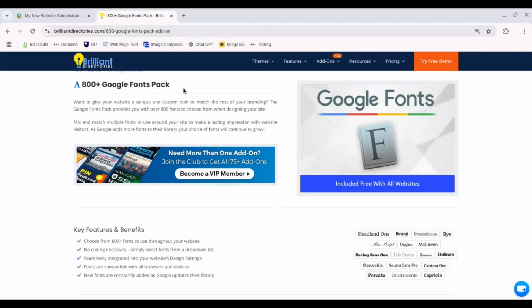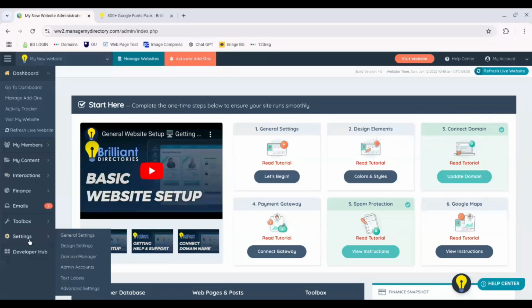So, in the add-ons, we have the 800 plus Google Font Pack, which is included with all websites. It's a free add-on. Where can you find it? This pack's applied automatically if you go to Settings, Design Settings,